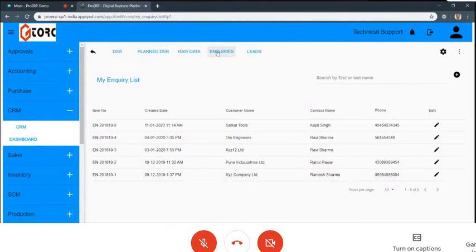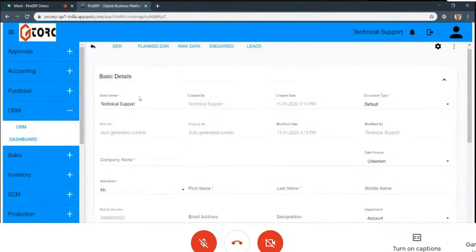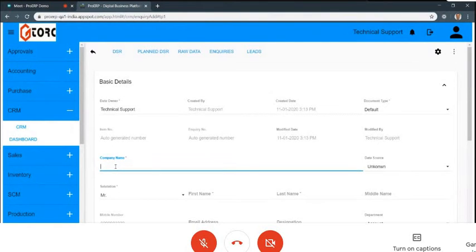Whenever you get inquiries, you come and record the inquiries in the system. Say I come to the list of inquiries. I can see all the existing inquiries here, and search by company name or contact name. And while creating a new inquiry, if an inquiry comes, I can create a new inquiry and update the company for the inquiry.